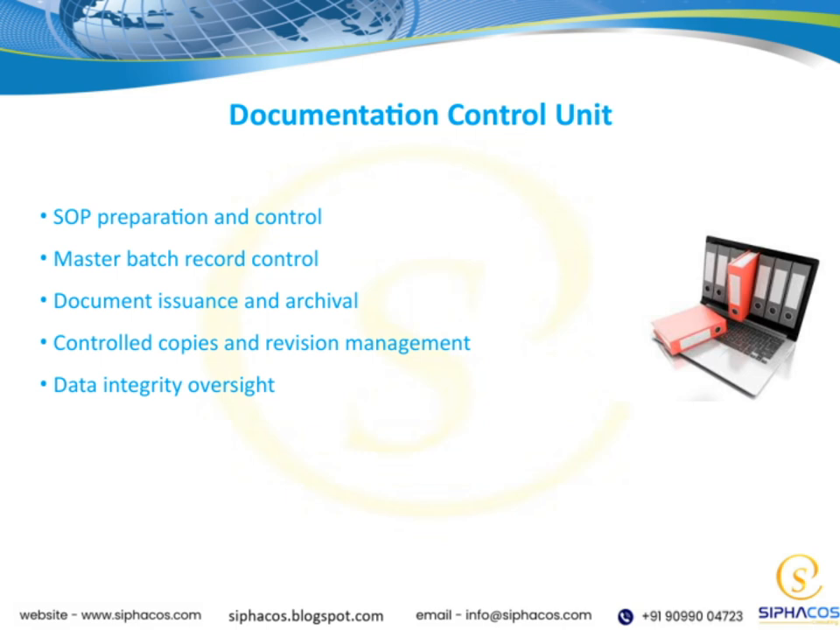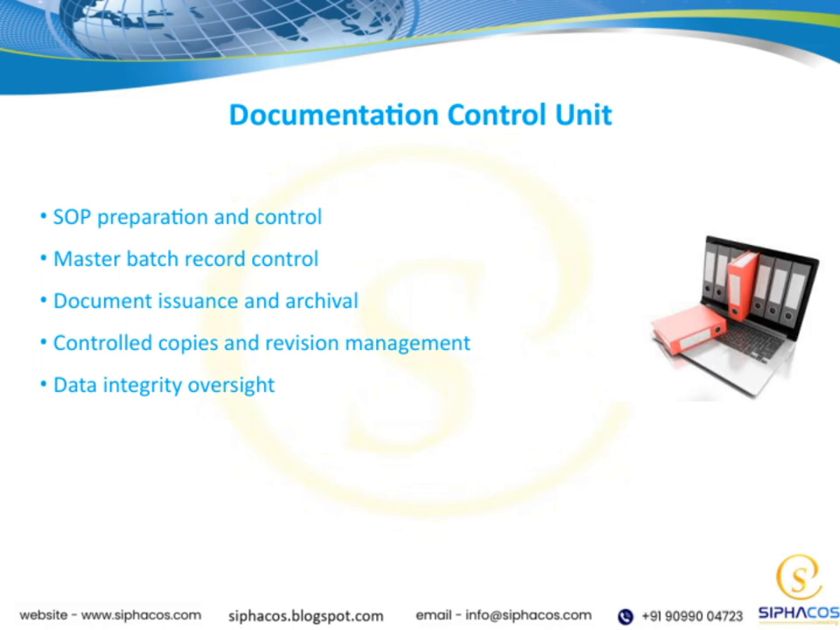Next, we have Master Batch Record Control, which involves managing the master documents that detail the manufacturing process. Keeping these records accurate and accessible is vital for traceability and consistency. Document issuance and archival are also key functions. This means distributing the right documents to the right people and ensuring that all records are properly stored for future